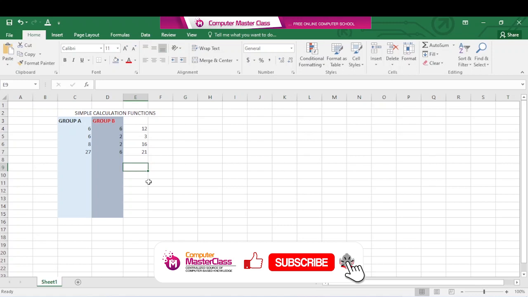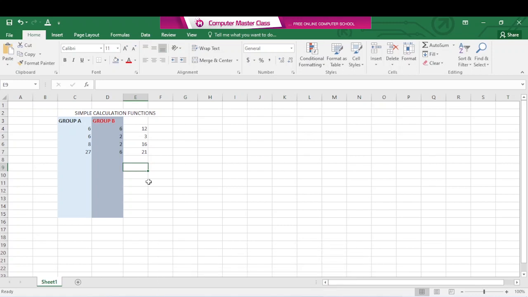So basically, these are the simple calculation functions in Microsoft Excel. We'll be seeing more calculation functions in the next video. In the next video, I'll be creating an employee payroll system, and in that video, we'll be having multiple functions like IFs and other functions in Microsoft Excel. That is it for this video. In our next video, like I said, I'll be showing you